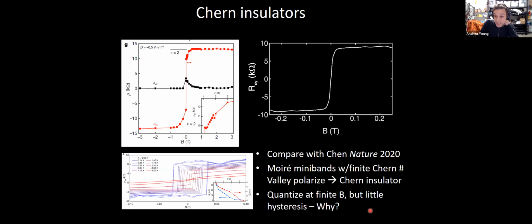But one thing I just want to point out is that essentially what this is telling you is that the Moiré minibands with finite Chern number, indeed, you can valley polarize them and you can get a finite Hall effect essentially in the zero field limit. But there's a question of what is going to pin such a magnet? Because ultimately the pinning of these magnets is what controls magnetic hysteresis. And that's something that could be in principle very different in graphite versus any number of other systems which are magnetic, of which many have been studied, but this is something that involves anisotropy and disorder and many other things.